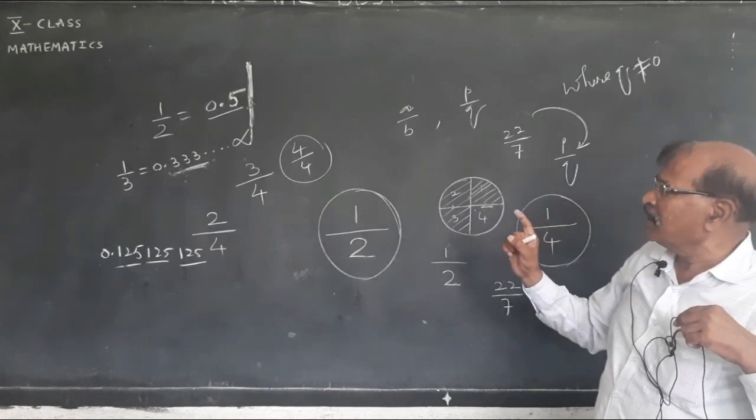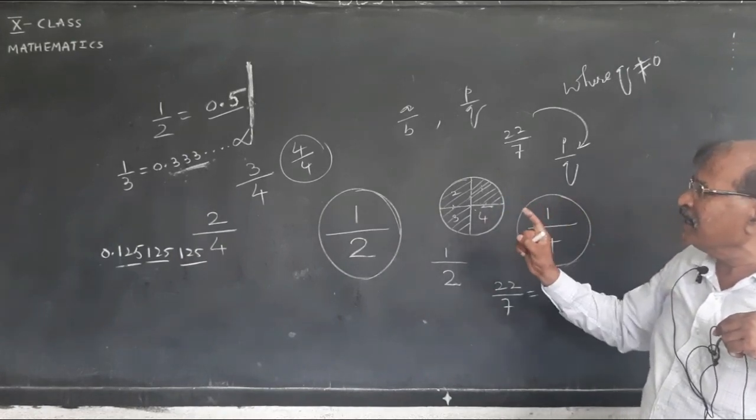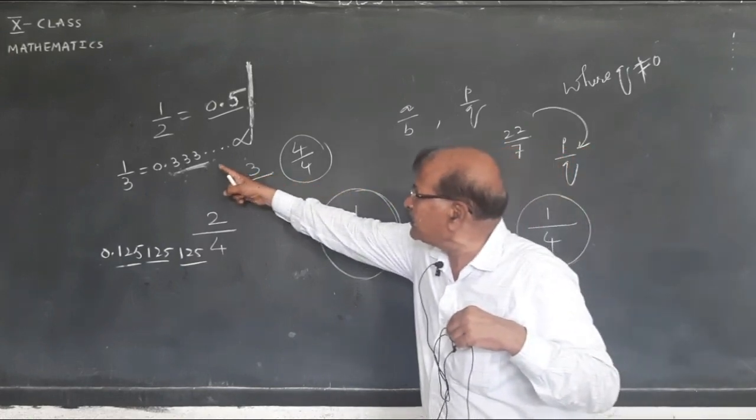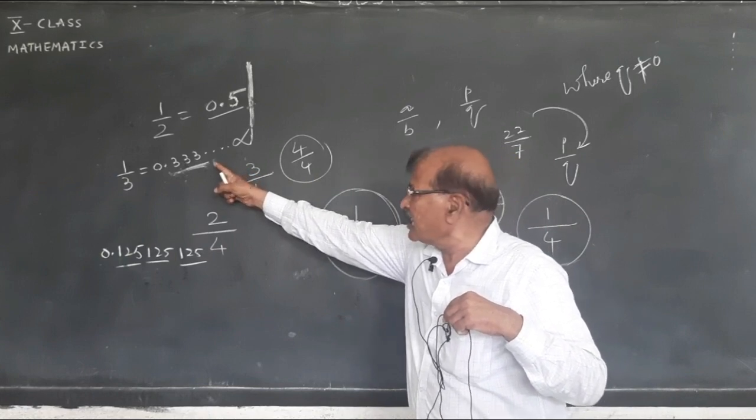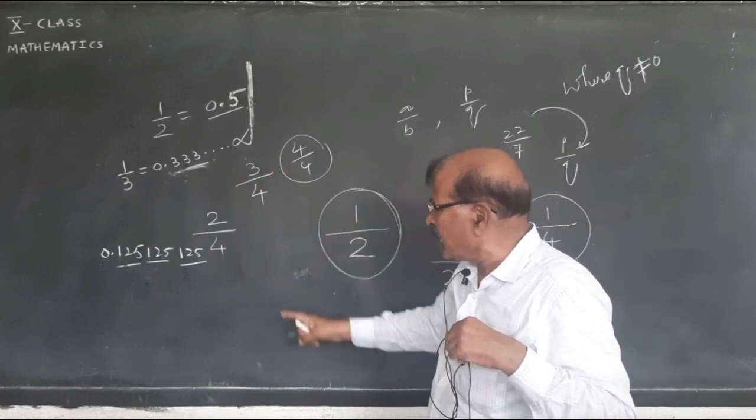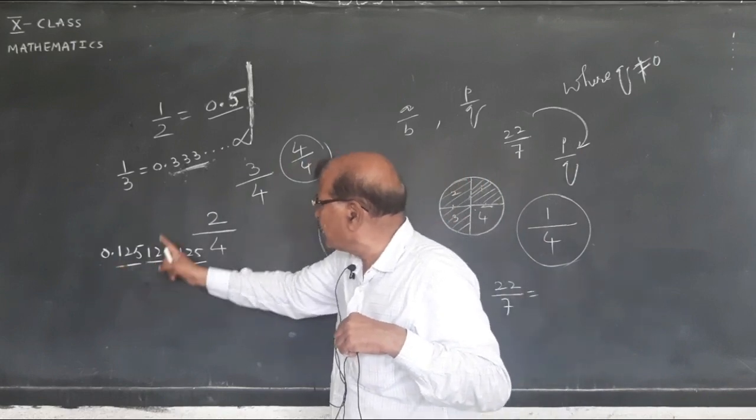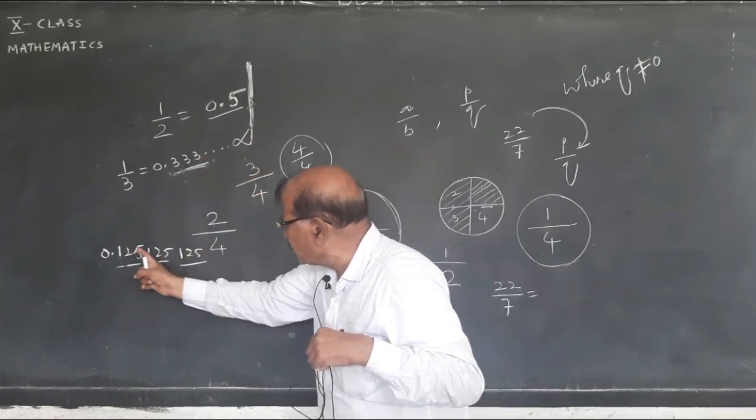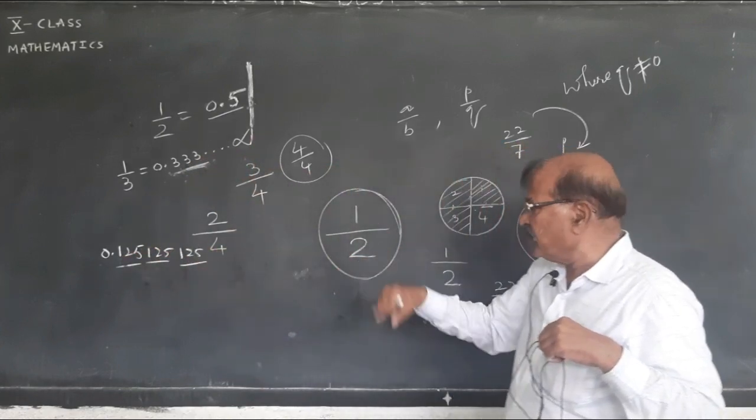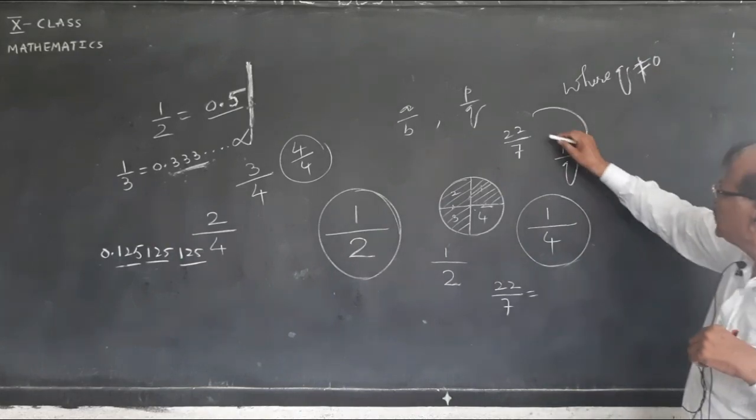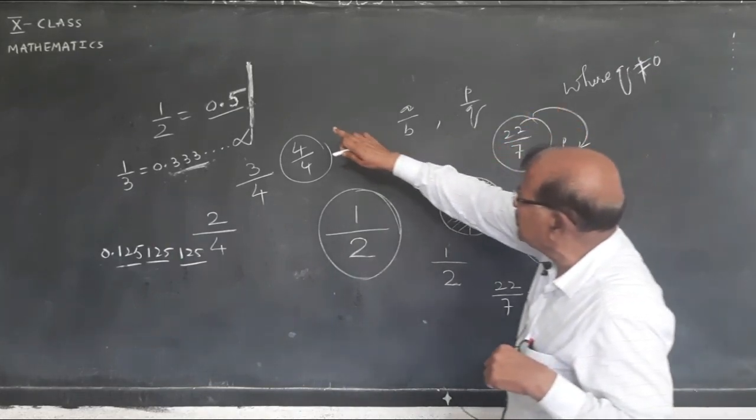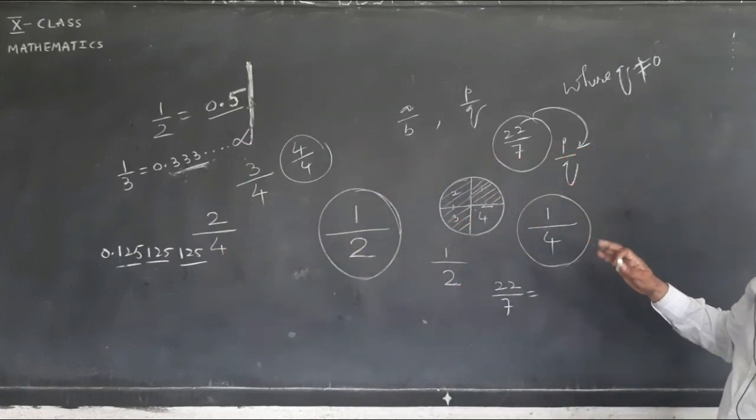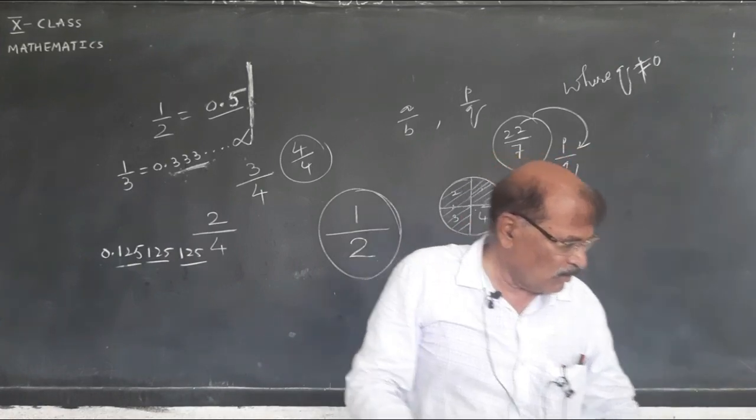it is either ending, meaning terminating, or non-terminating. If it is non-terminating, it should have a pattern of recurring, like 0.3333, or 0.125125125. But whereas in irrational numbers, if you take this, you don't find either terminating or non-terminating or any pattern. I think the concept is very clear about this